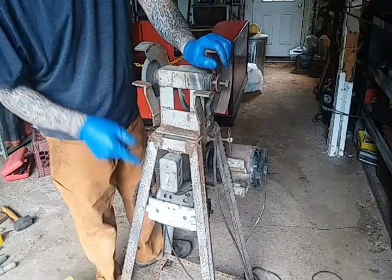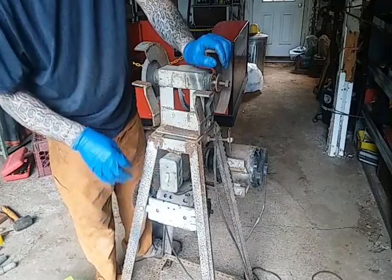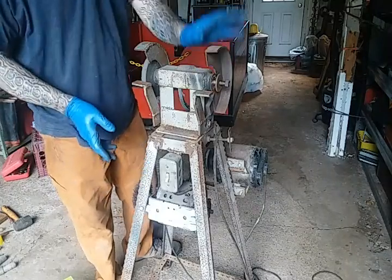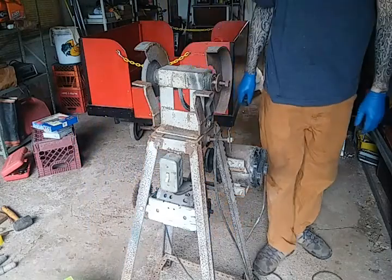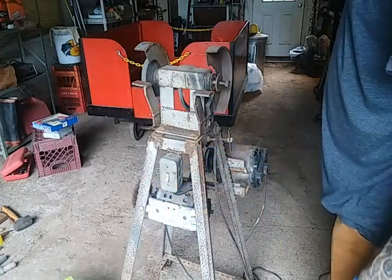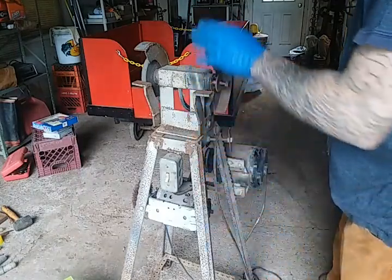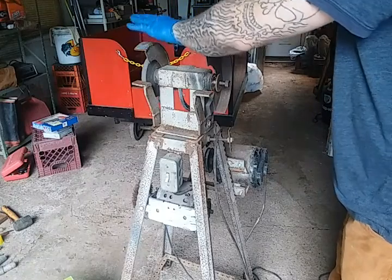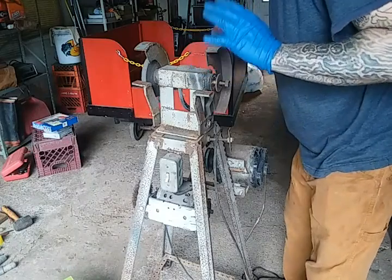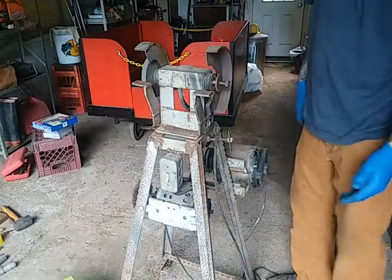I feel like it was a great deal. The two motors have surface rust, but they spin freely with no issues at all. It's got a switch. Just for parts alone, this is a decent stand. It's got a little rust, nothing that I'm afraid of. I'm not going to run this with two motors either way. So when all is said and done, I'm going to have one stand, one grinder, and I'm going to clean this up a little bit. This looks homemade, and that's fine. It's decent. It's solid as a rock. But for $5, why not,